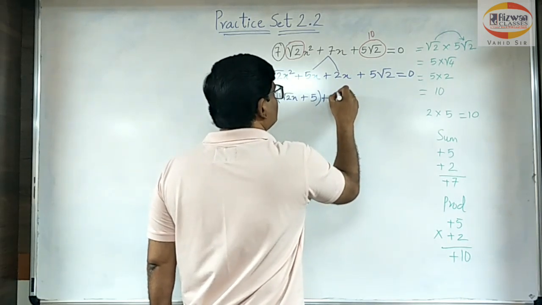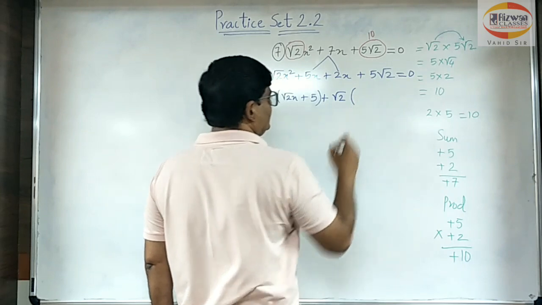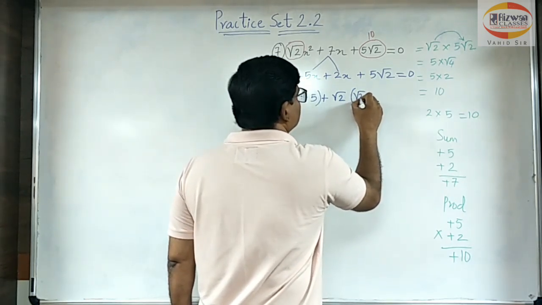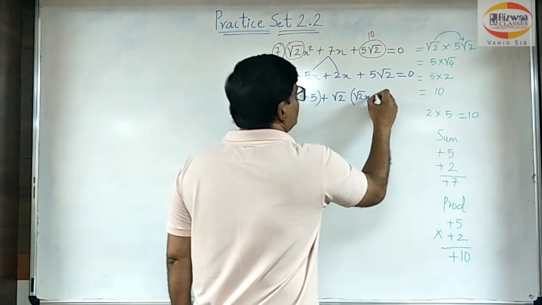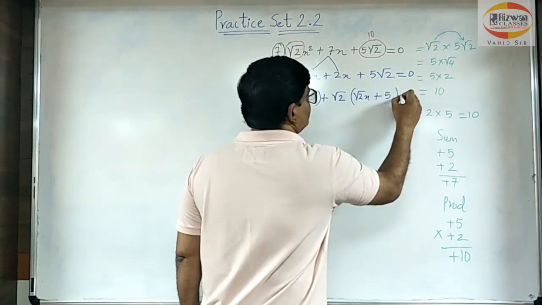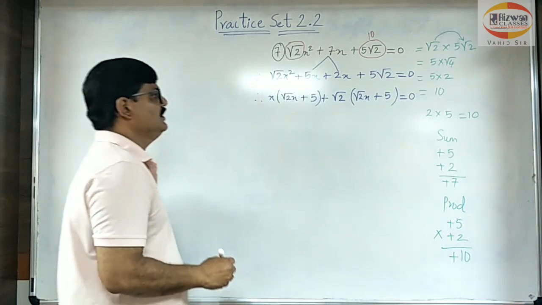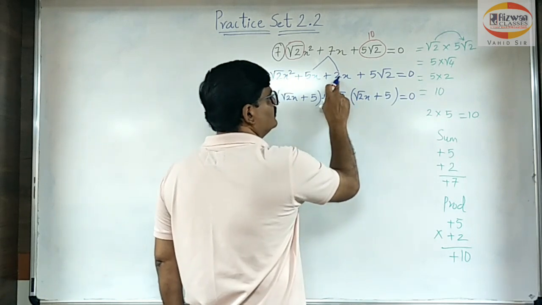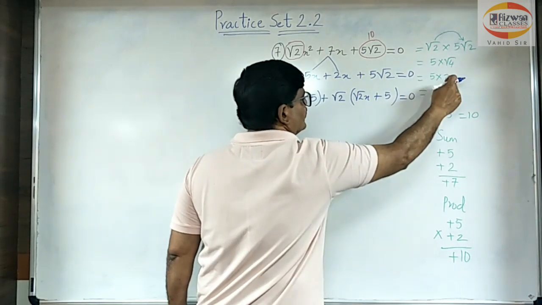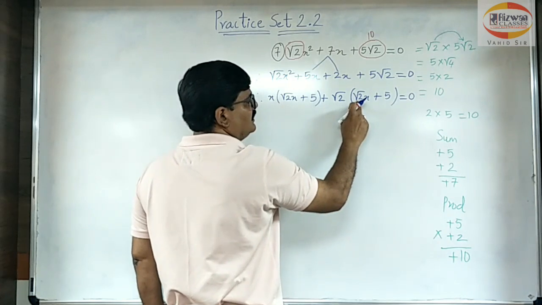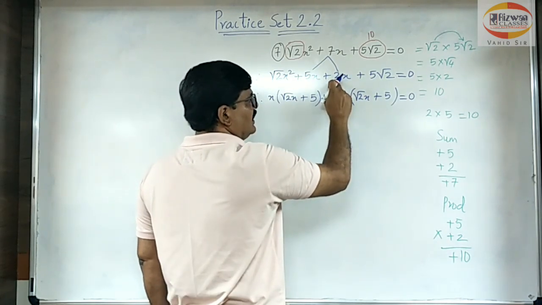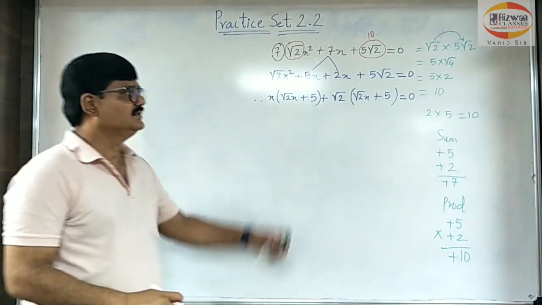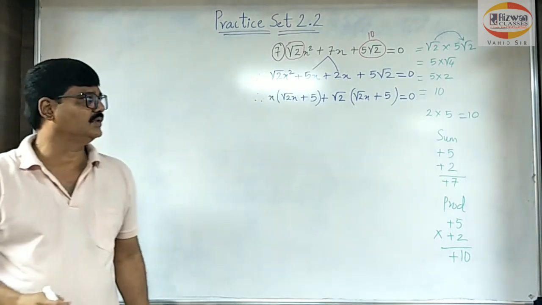I'll be taking root 2 common. Why I'll tell you this: root 2 common, and I'll be writing over here in this case root 2x plus 5 is equal to 0. If you check this out carefully, if I multiply root 2 into root 2, I'll be getting 2. Like how we did today, root 2 into root 2 is root of 4, and root of 4 is 2. So root 2 into root 2 is 2, and that will be 2x. And this root 2 into 5 is 5 root 2. Understood? That's why I took out root 2 as a common.